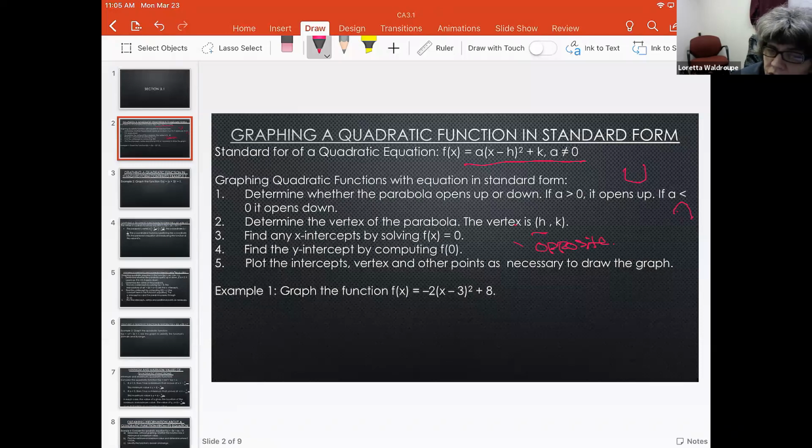Once you find the vertex, you want to find any x-intercepts. To find the x-intercept, you set the equation equal to 0. We're actually going to do this in a minute. To find the y-intercept, you put 0 in for x. So for example 1 down here, by looking at that graph,